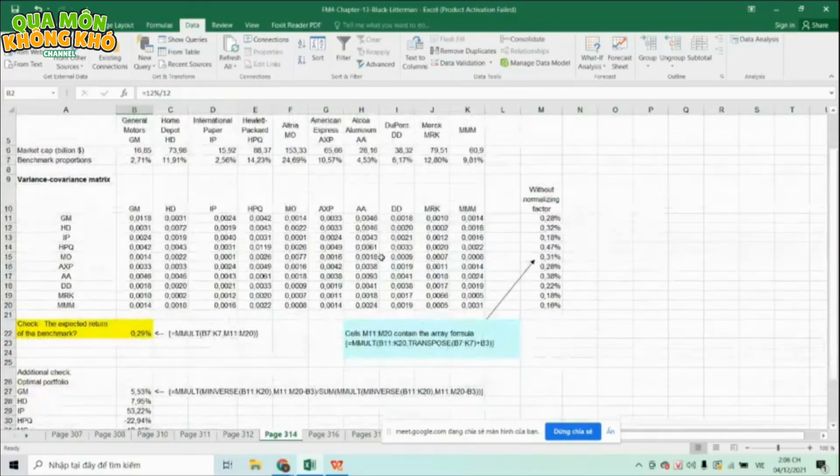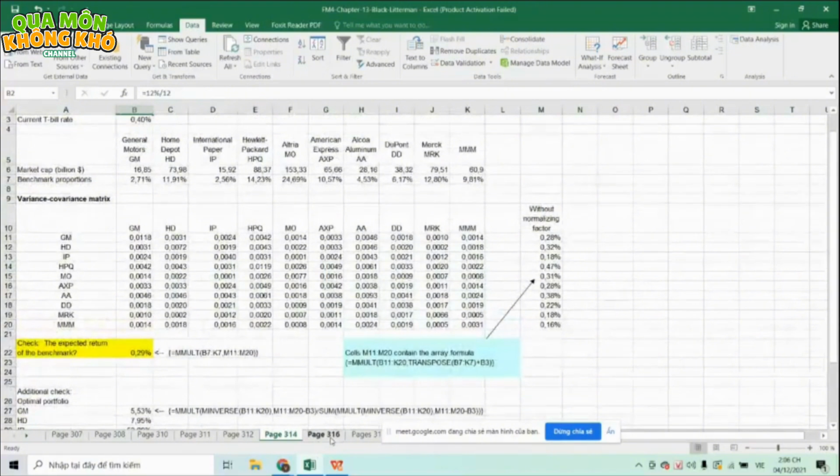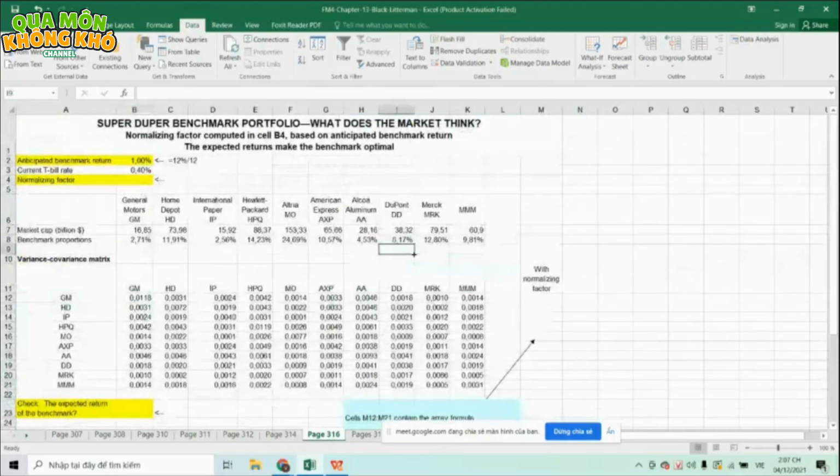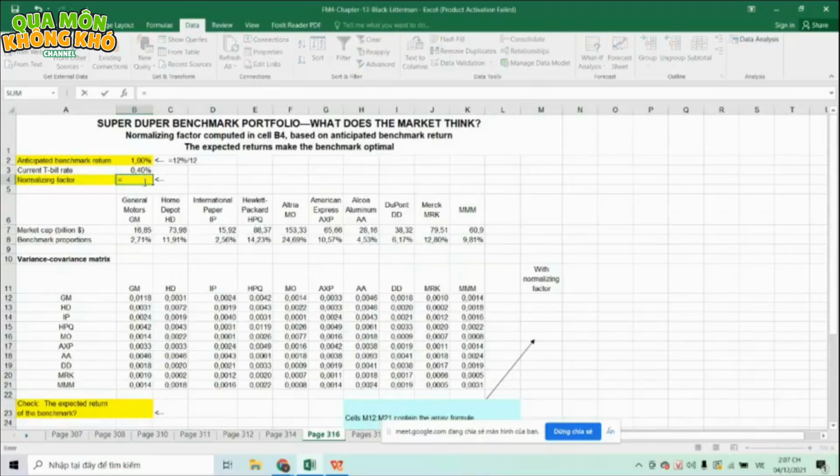So we will need to take the next step on page 316, and we will multiply it with the normalizing factor. The formula of it I have also shown in the PowerPoint, which is: we will take the anticipated benchmark return minus the rate divided by